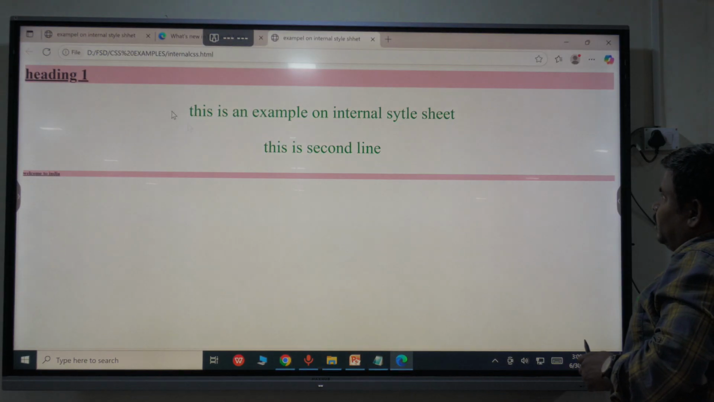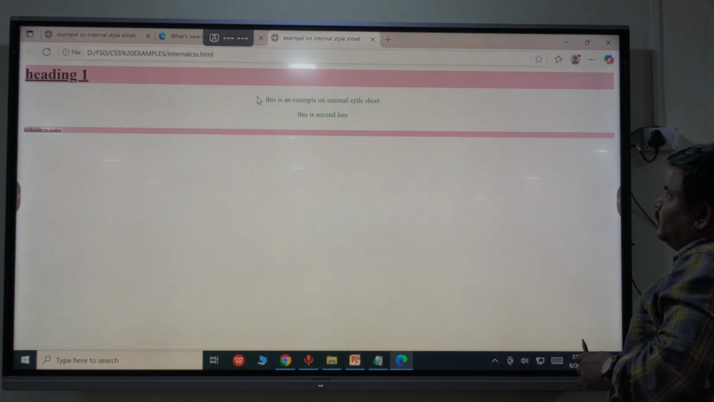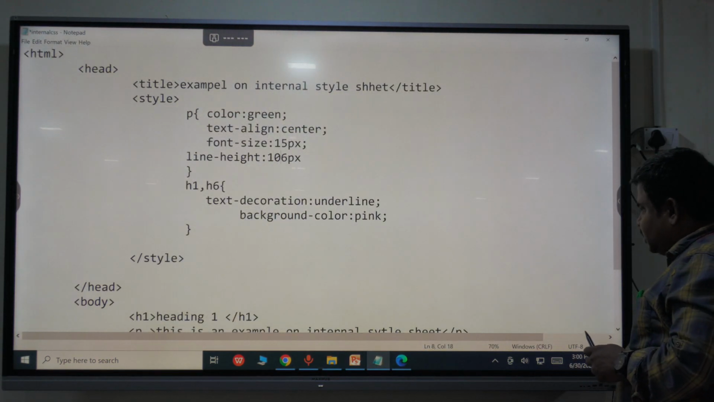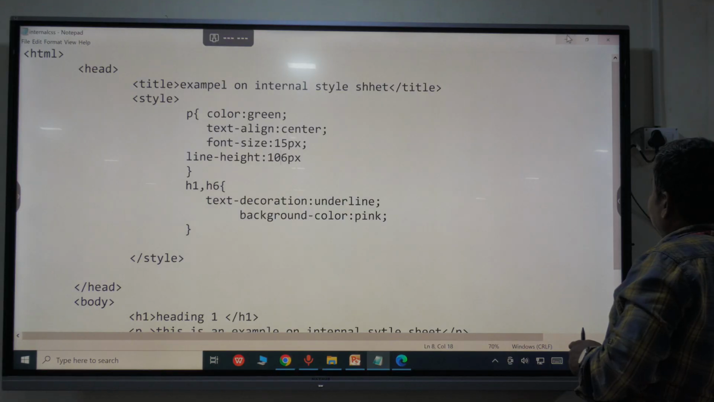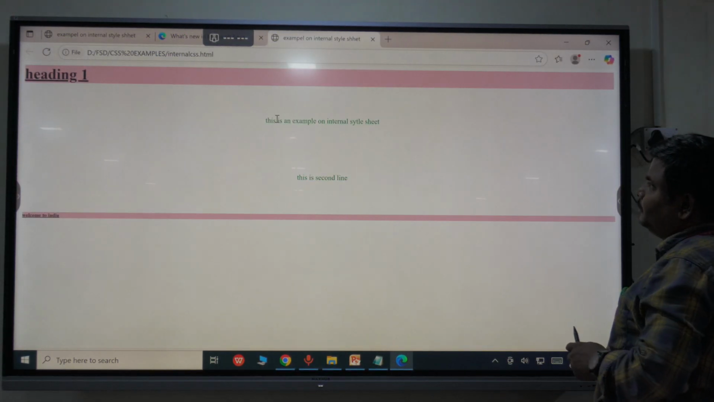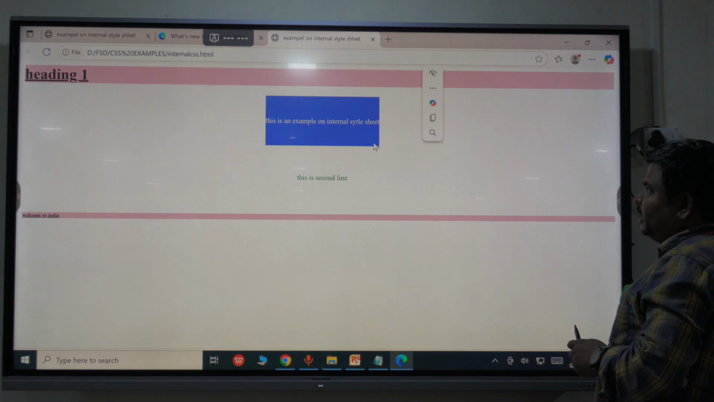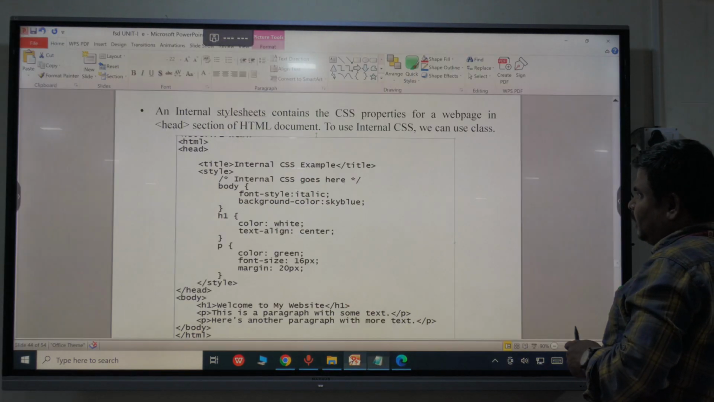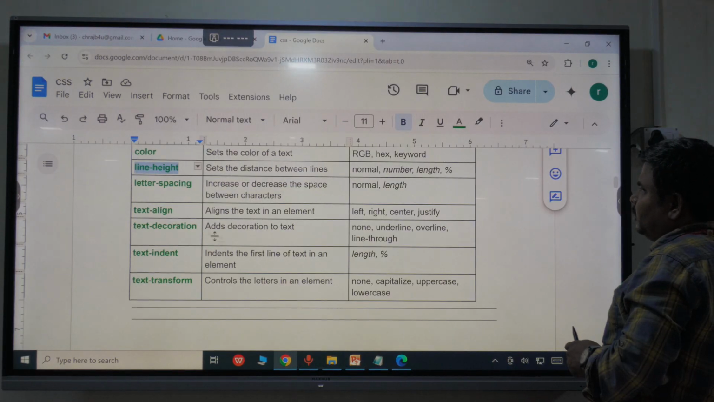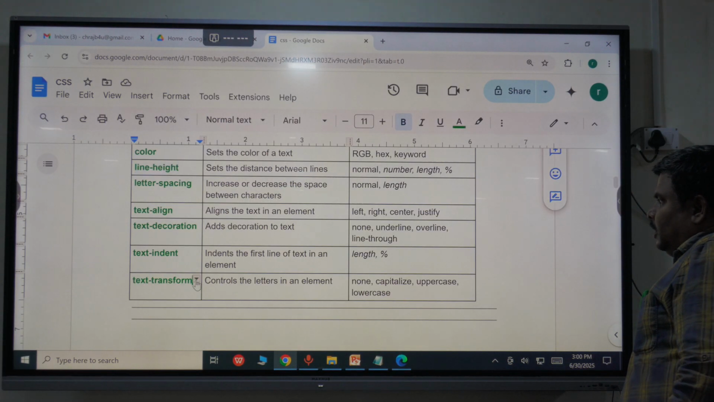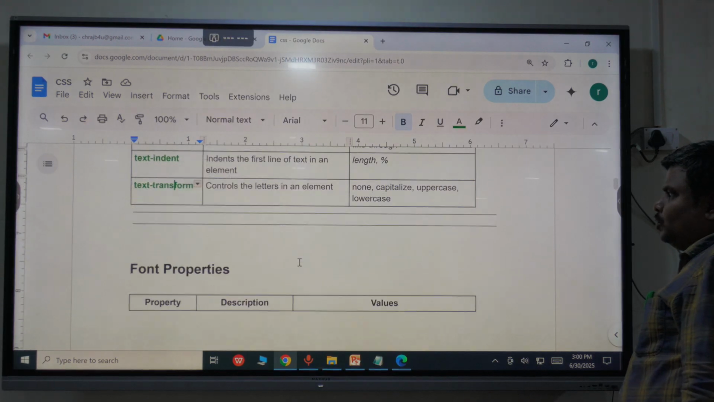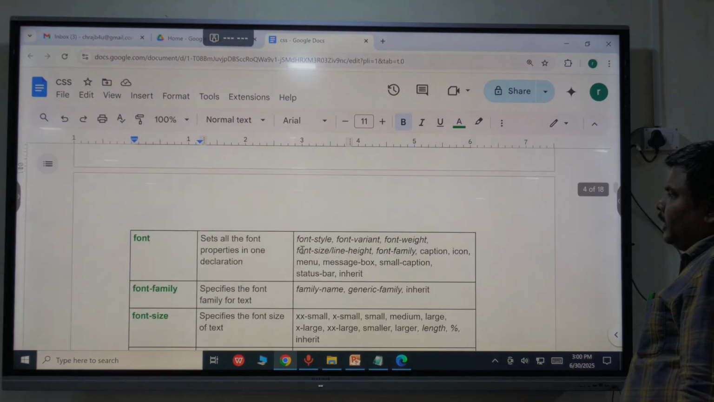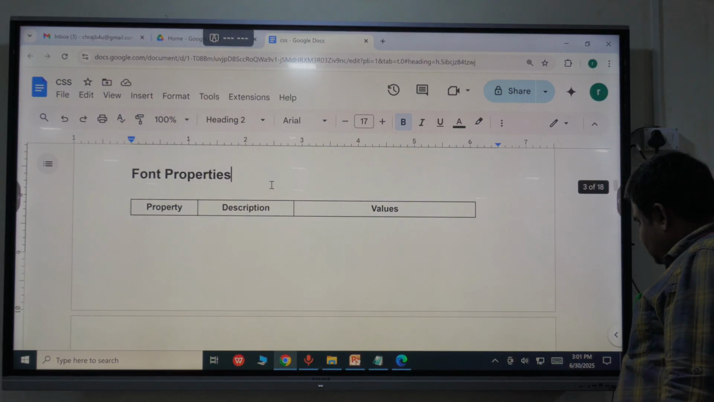Now let us see how it will be. Okay. So what I have used is line height 60. Suppose if I am using 106 pixels, then how will it react? Please see here. Each line is taking 106 pixels. Okay, this is the way to apply different styles. Okay. Text transform. Like this, we have so many parameters, so many attributes. So this is called text properties. And like that, we can have some other properties like